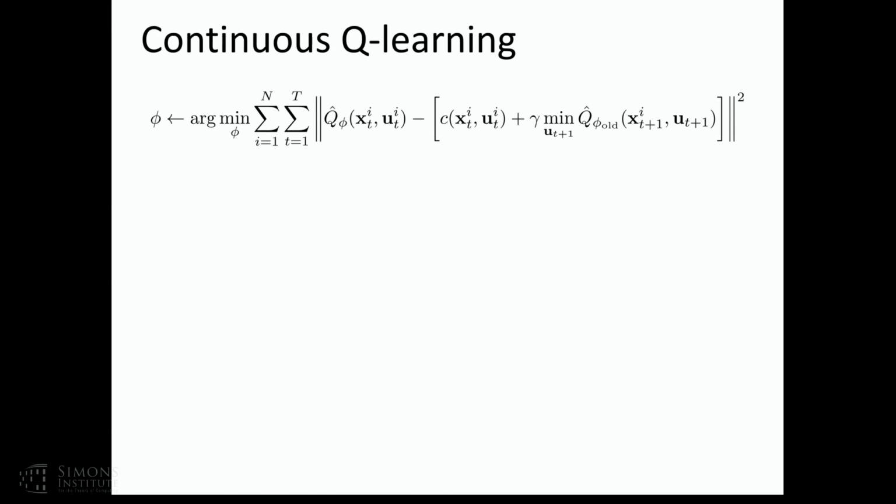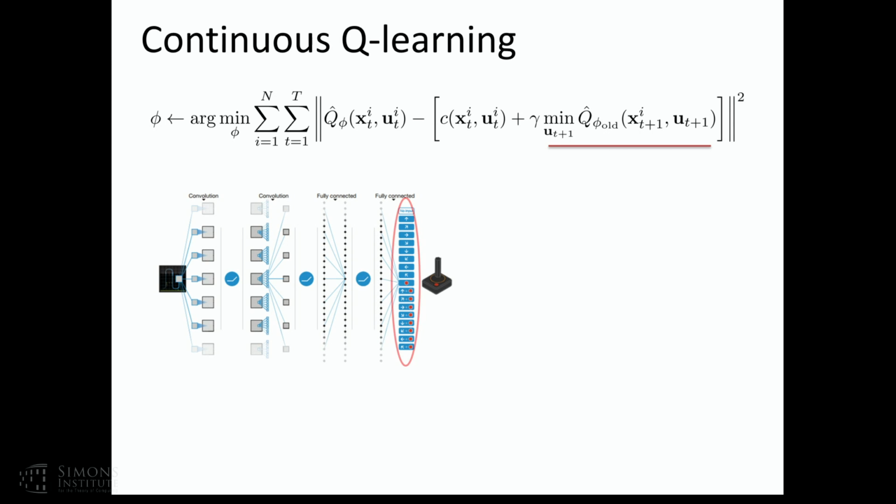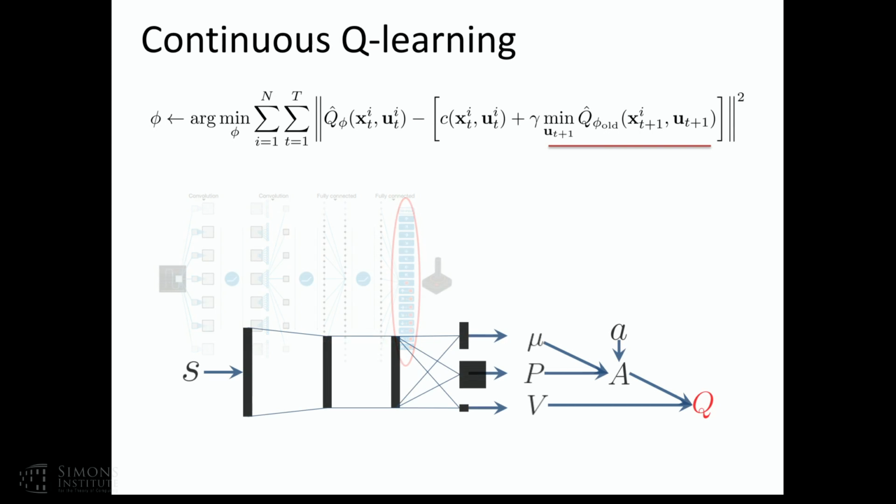You can actually do a continuous variant of Q learning. So this minimization, that's typically the main thing that causes some trouble. In discrete settings, you can just enumerate all your actions. In continuous settings, it's a little tougher. But you can actually choose a representation for your Q function that makes this minimization easy even in continuous spaces.